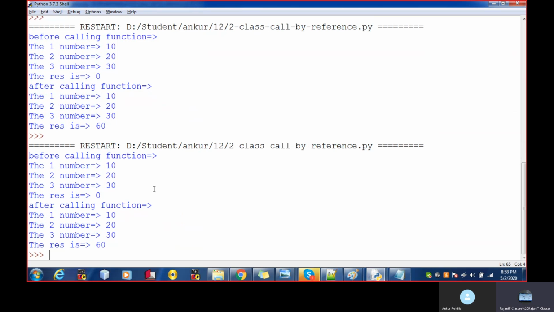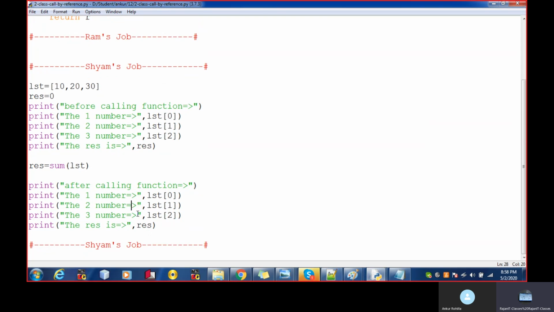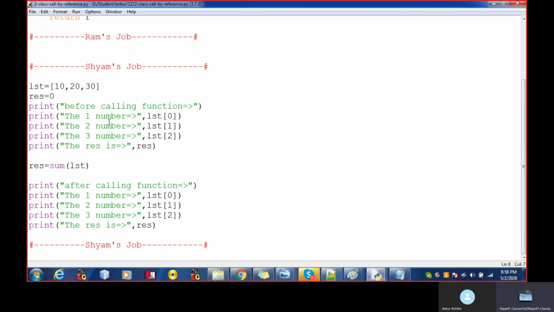Why is it displaying 10, 20, 30? Something is wrong. Change the value of the list. L0 is the 100, L2 is the 300. This is the R0. I'm passing this one.